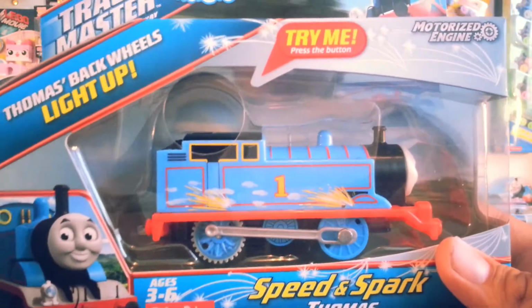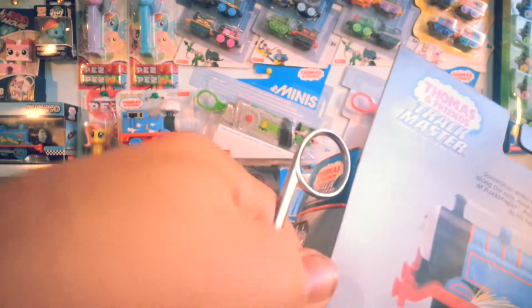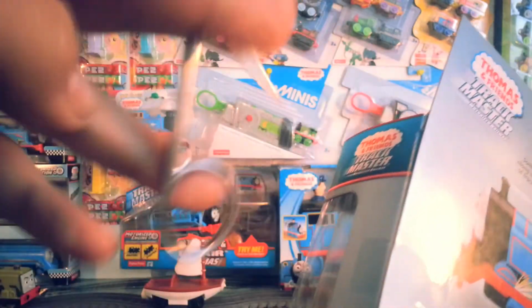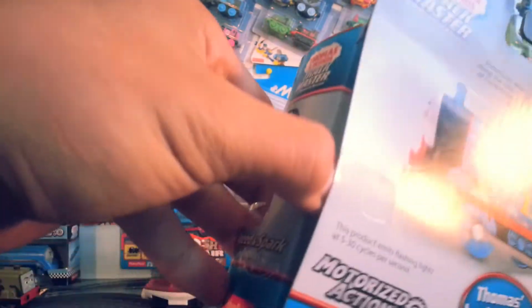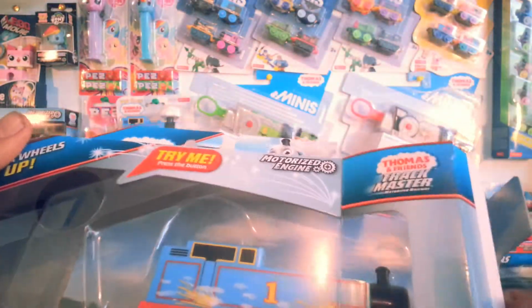That I would like to point out, because there's something about this Thomas that we've actually seen before on a different Trackmaster Thomas. And it goes for the same with the Percy as well. Get that unboxing shot. There we go,